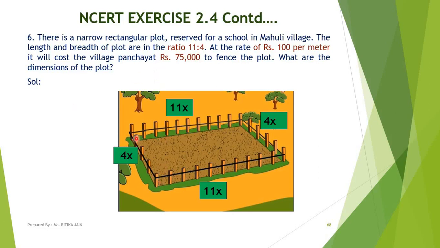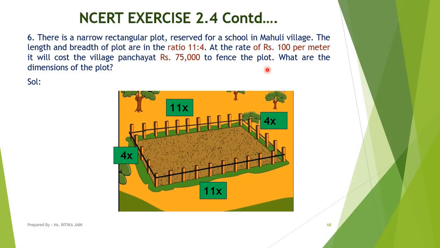Okay. So in this picture, as you can see, I have assumed a rectangular plot. So the dimension of length will be according to ratio 11x. And dimension of breadth will be 4x. As the plot is in rectangular shape, so the opposite sides of the rectangular plot will be equal to each other. Now, at the rate of rupees 100 per meter, it will cost the village panchayat rupees 75,000 to